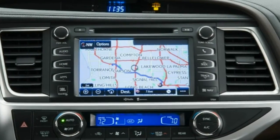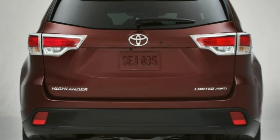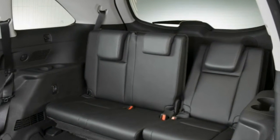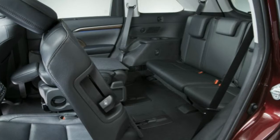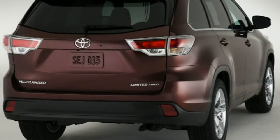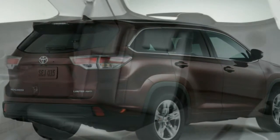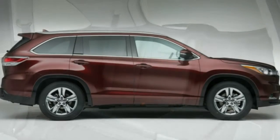The base LE gets things started with 18-inch alloy wheels, automatic headlights, heated exterior mirrors, privacy glass, a rear spoiler, cruise control, a rear view camera, fabric seating, manually adjustable front seats, a sliding and reclining 60/40 split second row seat, a 60/40 split third row seat, a tilt and telescoping steering wheel, Bluetooth phone and audio connectivity, a 6.1-inch central touchscreen and a 6-speaker audio system with voice control, a CD player, an auxiliary audio jack